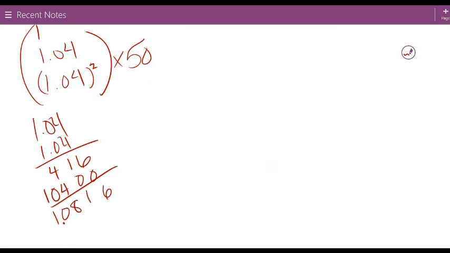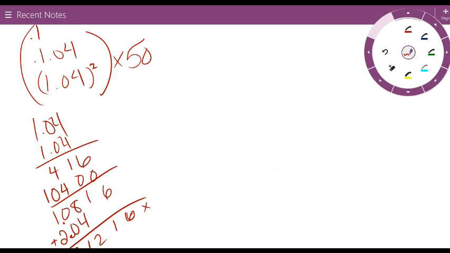Now 1 plus 1.04 is going to be 2.04. Okay, so we have 3.1216 times